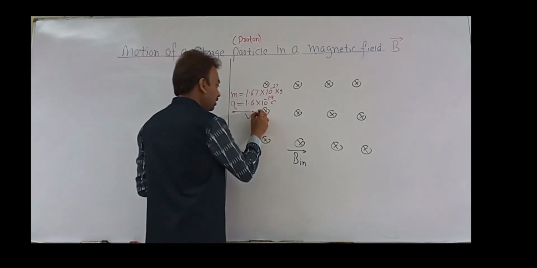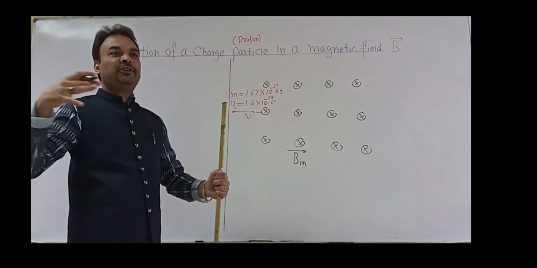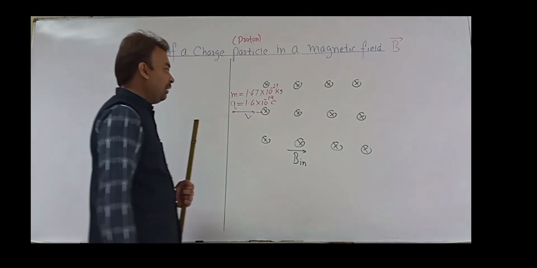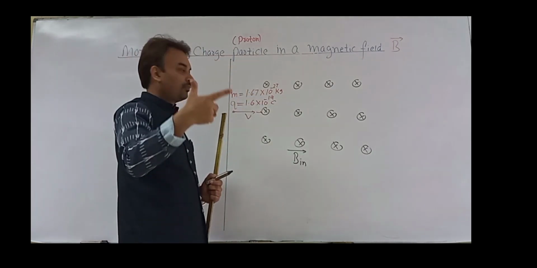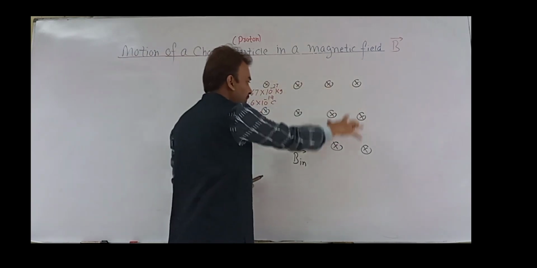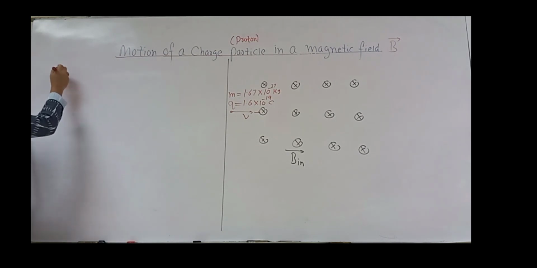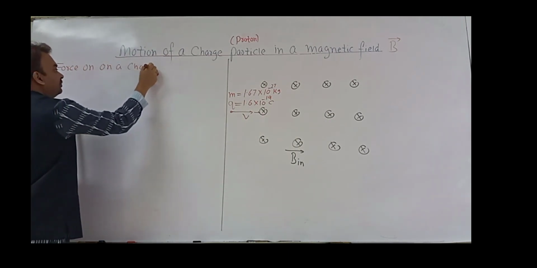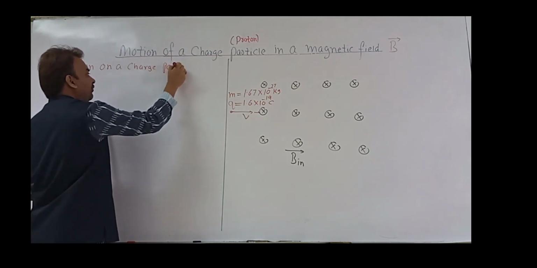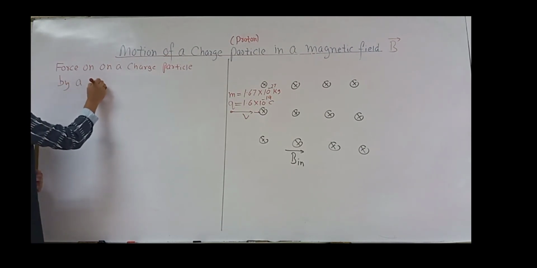So you see here the particle is entering at an angle of 90 degrees. So it's a normal entry. Normal entry means entry at 90 degrees. So what will happen? In that case, if we check the force, definitely this magnetic field will apply a force on the charged particle, right? And that force can be given by an equation. So the force on a charged particle inside the magnetic field, by a magnetic field,